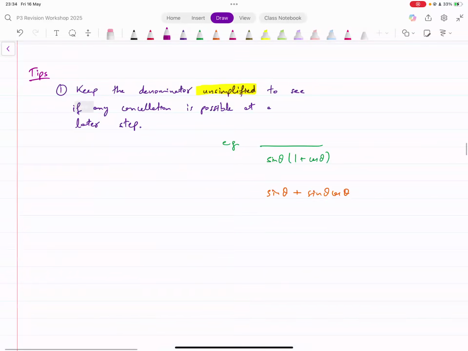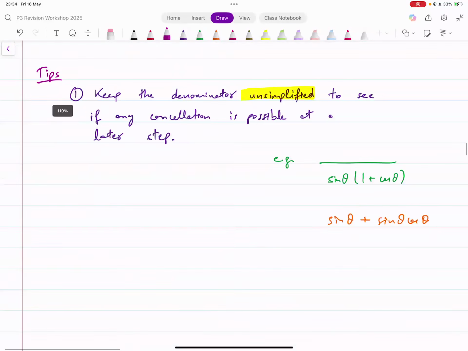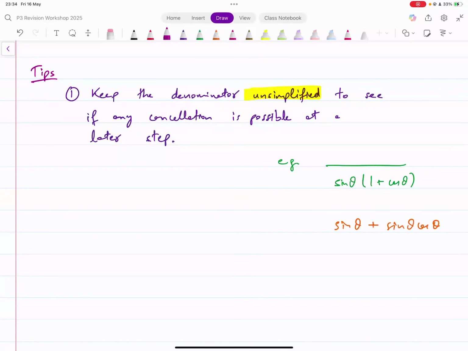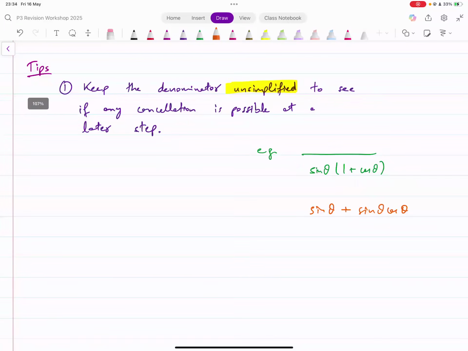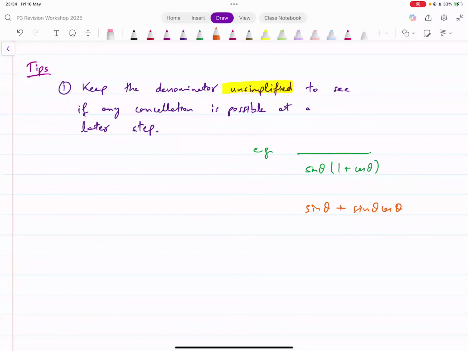Now, these are not any standard rules, but some tips that you learn when you practice a lot, and they help you prove identities a bit more efficiently. First of all, you would find it helpful to keep the denominators unsimplified. That means keep them in factorized form, so that if there's any cancellation that's possible in a later step, you can do that. For example, if you have sine theta into 1 plus cos theta in the denominator,